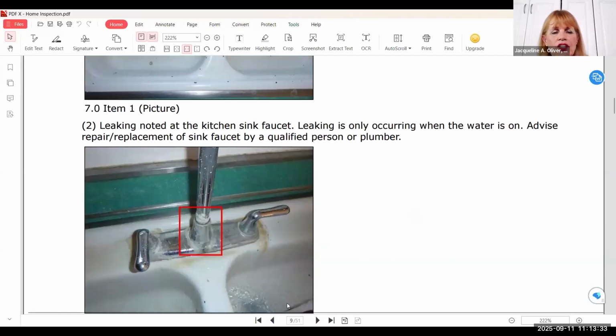Leaking noticed at the kitchen faucet. Now, isn't that nice? And I don't know that CLR would take care of it. For many of you that don't know, that's the calcium, lime, and rust. It's a spray. Don't go in, and if you're having a listing, don't try to be the fixer, okay? Because you could get yourself in trouble. Let it be listed as is, or advise your seller.